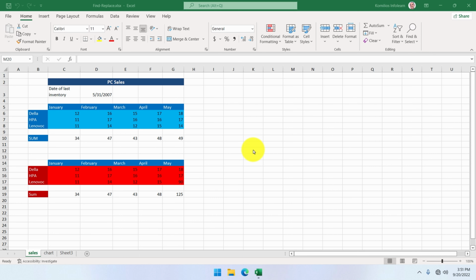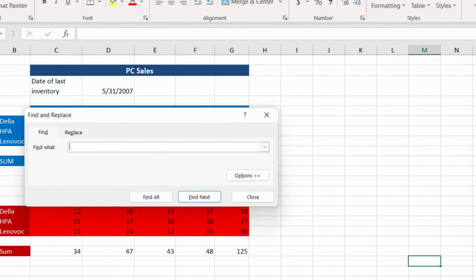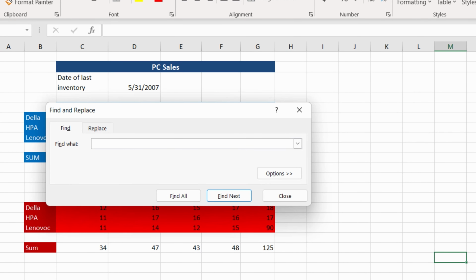Let's see how. From the Home tab, we navigate to the Edit group and click the Find and Select command. Then we click on Find. It pops up a new dialog box where we're going to type the number 90, for example. Then we click the Find Next button